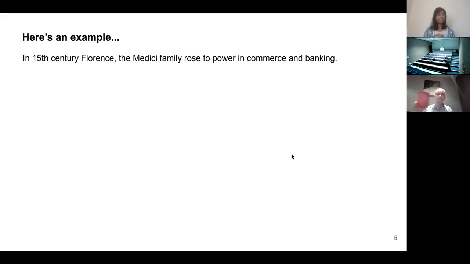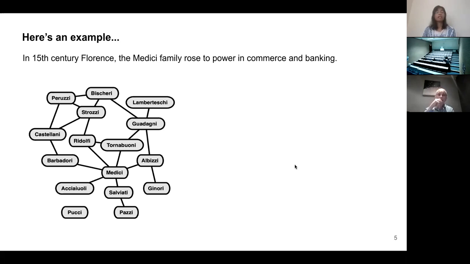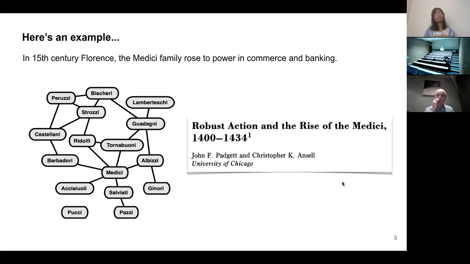So in the 15th century in Florence, among all the Florentine families, it was the Medici family that rose to high power in terms of commerce and banking. And so researchers have tried to explain how the Medicis rose to power. And there's this beautiful paper by Padgett and Ansell that gives the network explanation of how the Medicis became so